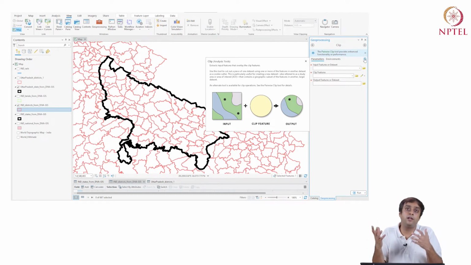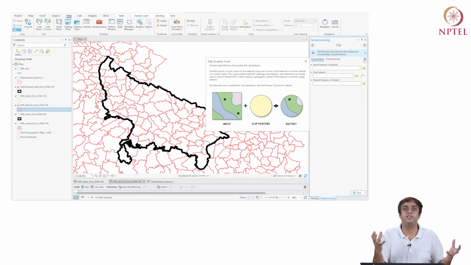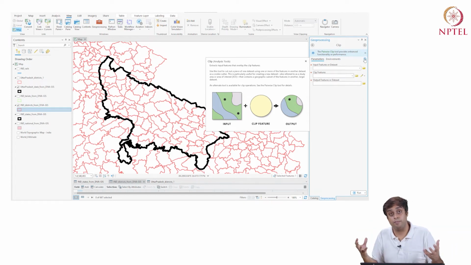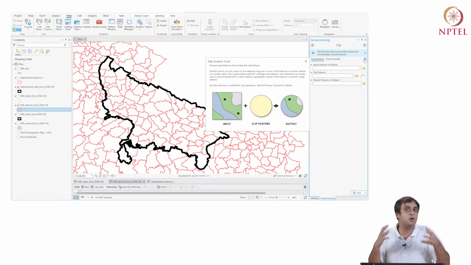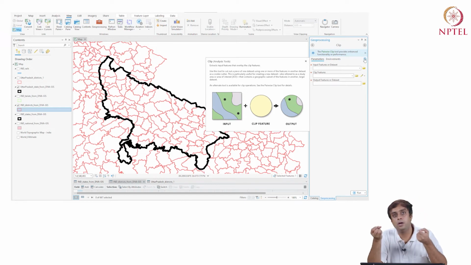If you want instead to study, let's say, a region which is a climatic region, right, which is an agricultural region, which may be an ecosystem. It could be, for example, the Jim Corbett National Park. You want to only focus on the Jim Corbett National Park, then you need a shapefile, a polygon, which is externally sourced from, let's say, India's wildlife areas inventory, and they may provide you a shapefile for the Jim Corbett National Park.